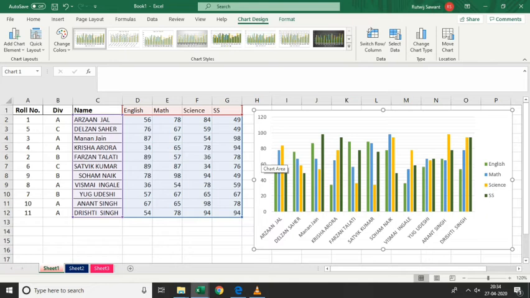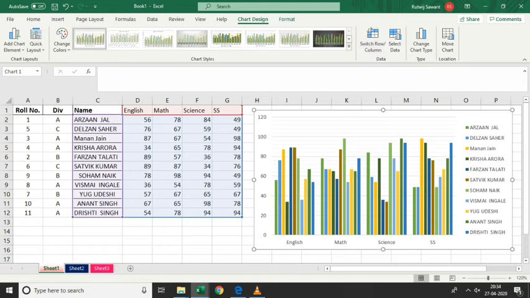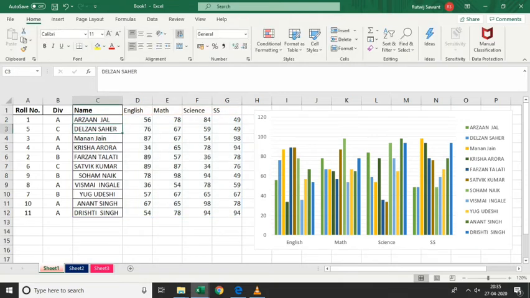The subjects have appeared over here, like English, and for English, the names of the children. So like this you can switch your data. If I click on switch again, it will come back. So like this you can switch your row and column.